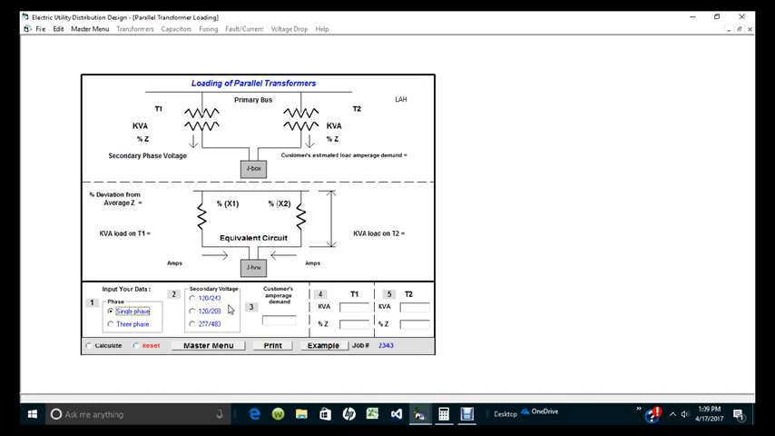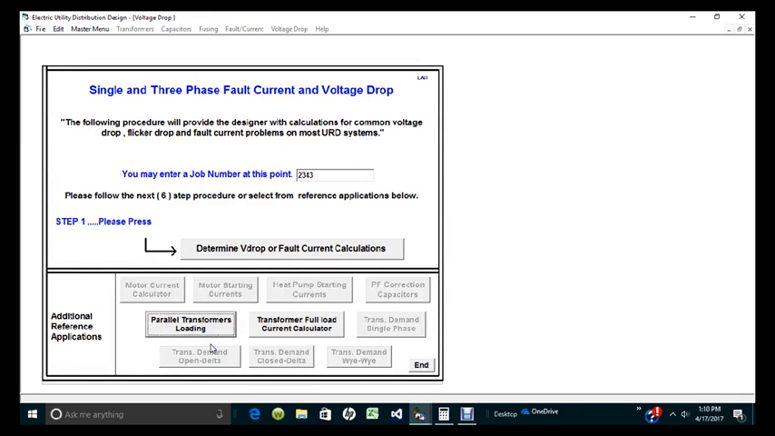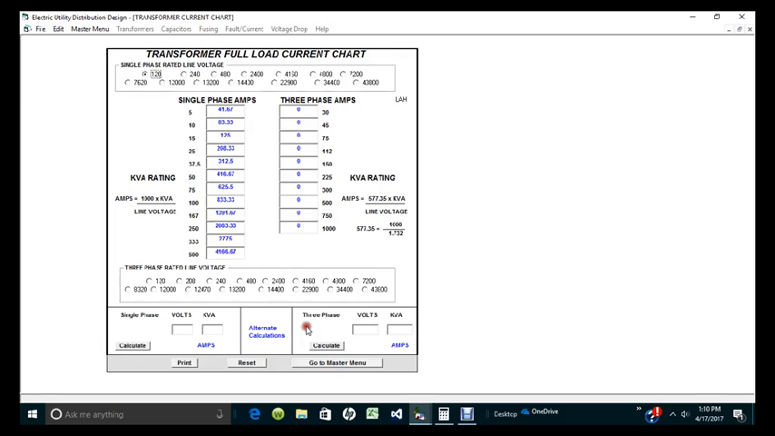So what I'm going to do first here is make an assumption that the customer we're serving with the two transformers, the commercial building or industrial building that we're serving, has a kVA demand of 856 kVA. All right, well, before I do anything, I want to transform that 856 kVA into amperage. So I'm going to do this. Go back to the master, and this says transformer full load current calculator. I'll click on it,